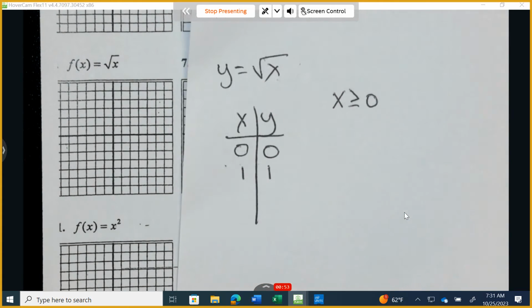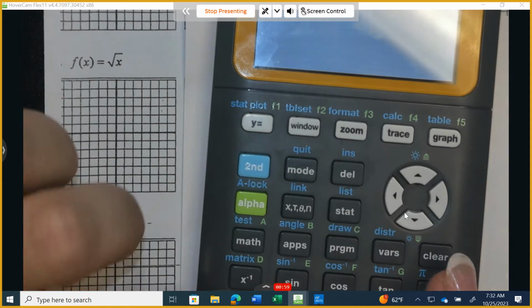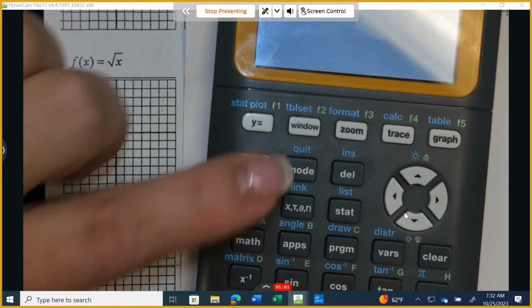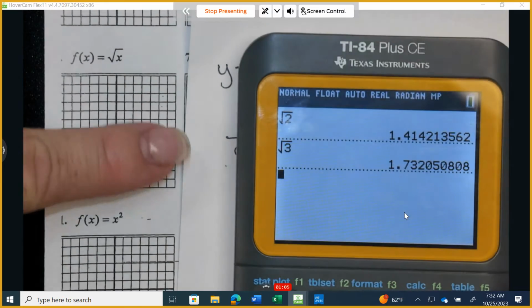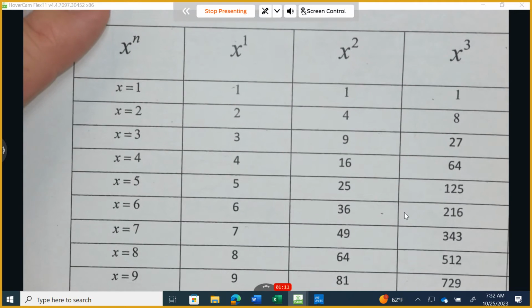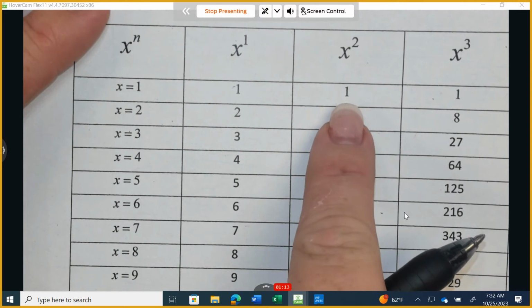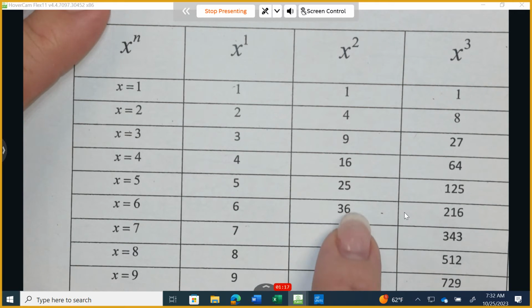Now, I could do 2 and I could do 3, but the answers I get, I'll show you if I grab a calculator, they're ugly, irrational numbers. Square root of 2, I don't want to have to graph this irrational number and try to be precise. So what I'm going to do is I'm going to choose perfect squares. Take your paper and flip it over to the front side, please. I'm going to choose numbers like 1, 4, 9,